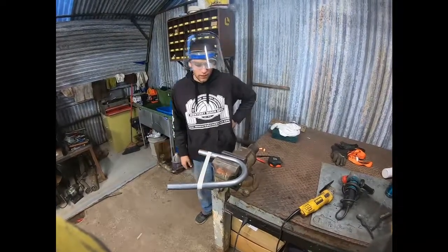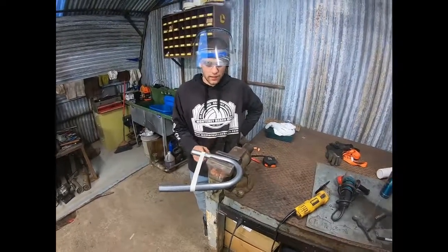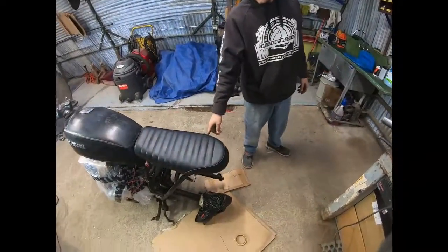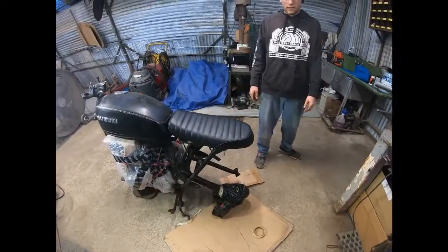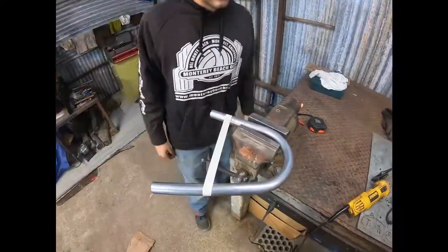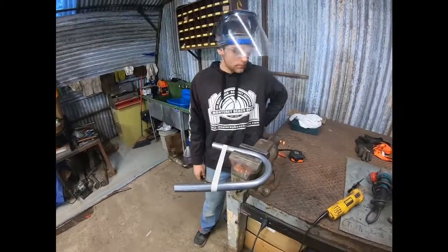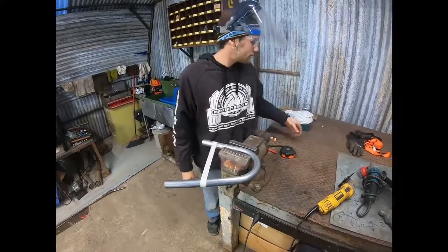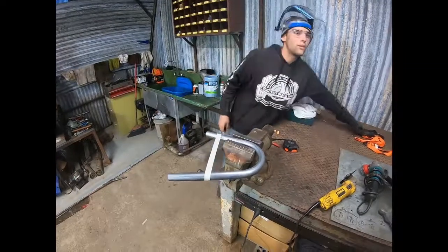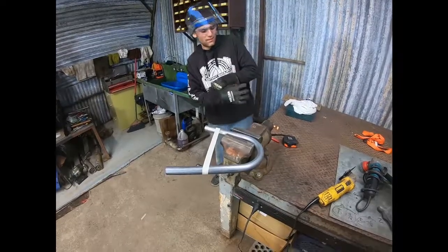So, we just lined this masking tape up with the cut that I'm going to be making, and basically this outside bar right here is 9.5 inches outside to outside, so we need to make sure that our outside on these two pipes is outside to outside 9.5. So I'm going to go ahead and cut this, and hopefully we get it right. If not, oh well. It's another hour of work. Yeah. And more money. No, not more money, but...